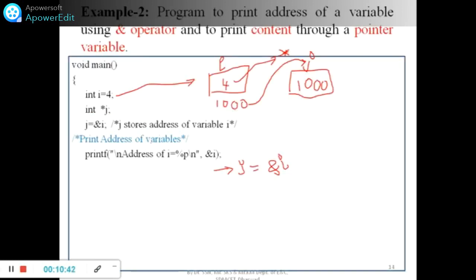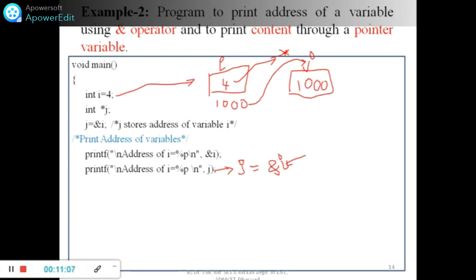Now, coming back to this slide, the second printf statement says you need to print j. What is j? j is initialized with the address of another variable, that is i. What is the address of i? 1000.